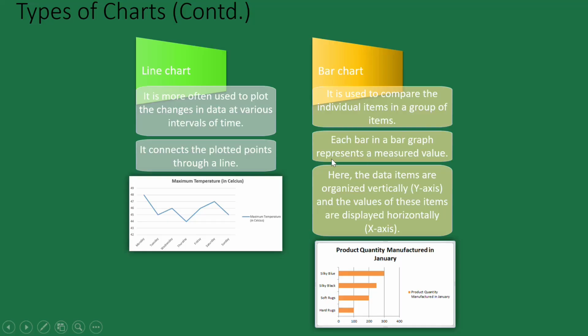Each bar in the bar graph represents a measure value. What do you mean by measure? Like maximum, minimum, sum, average. That is called measure value. And here data items are organized vertically on the y-axis and the values of these items are displayed horizontally on the x-axis. So as you can see here,